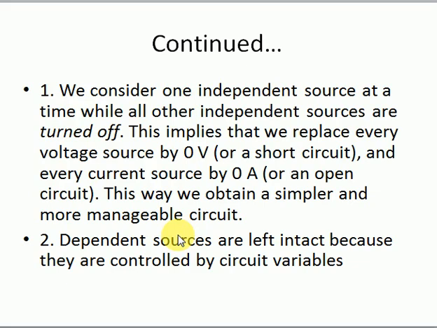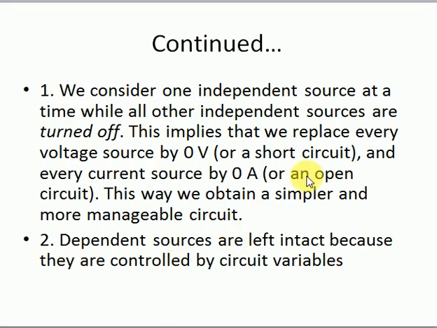Now how can we replace that current source with 0 ampere? By having the open circuit. When we are having the open circuit, then the maximum voltage is there and the minimum current is flowing through that circuit. Then what is the minimum current flowing through that circuit? That is 0 ampere, ideally. So this is the way in which we can make our circuit simple.